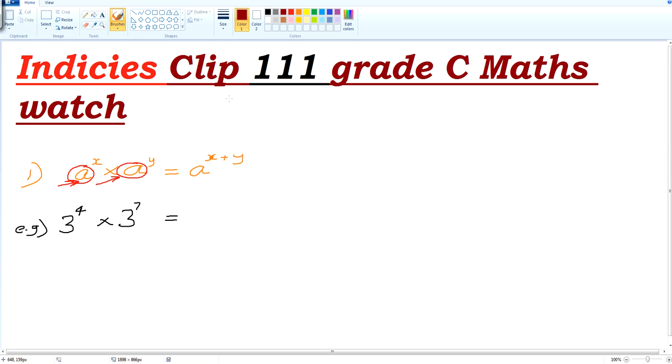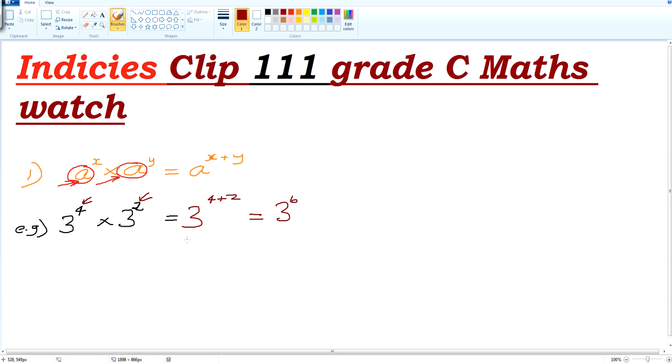Now, I want to change that 7 into a different number, so I can actually show you an example when I multiply that. So let's just do a little bit of editing. Let's get back to the black. Let's change that into a 2. That'll be easy for me to show you a full explanation. Now the rule is saying to us that we will get 3 in the answer because we multiply in terms of 3, but we need to add up the indices. Which indices? These ones here. So our final answer in this case will be 3 to the power of